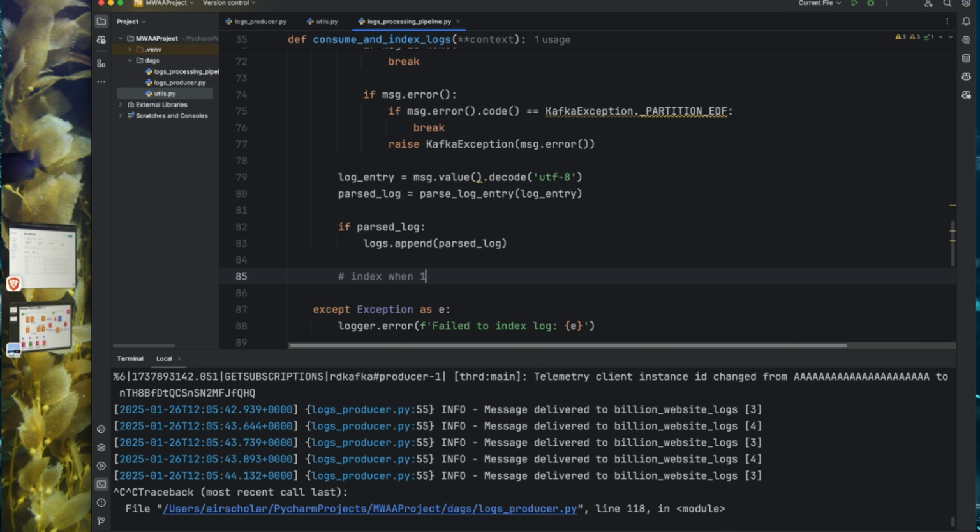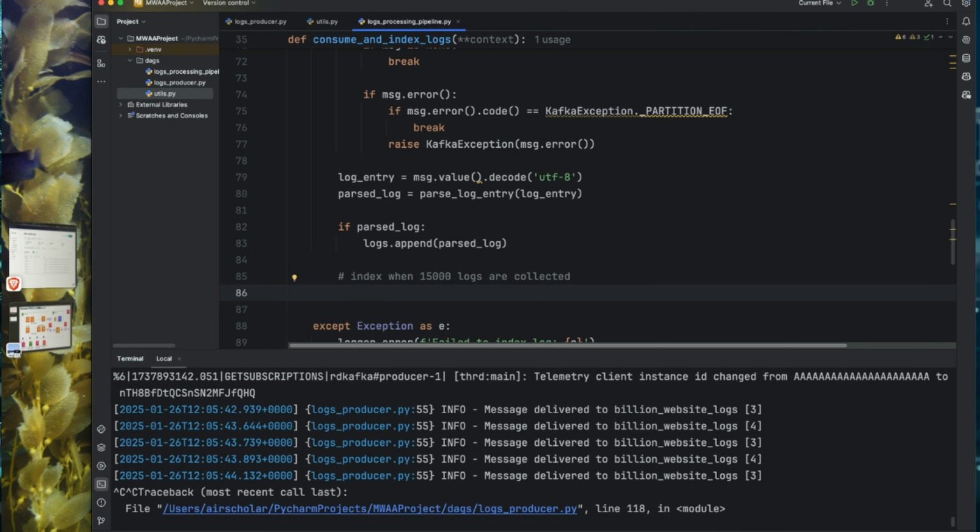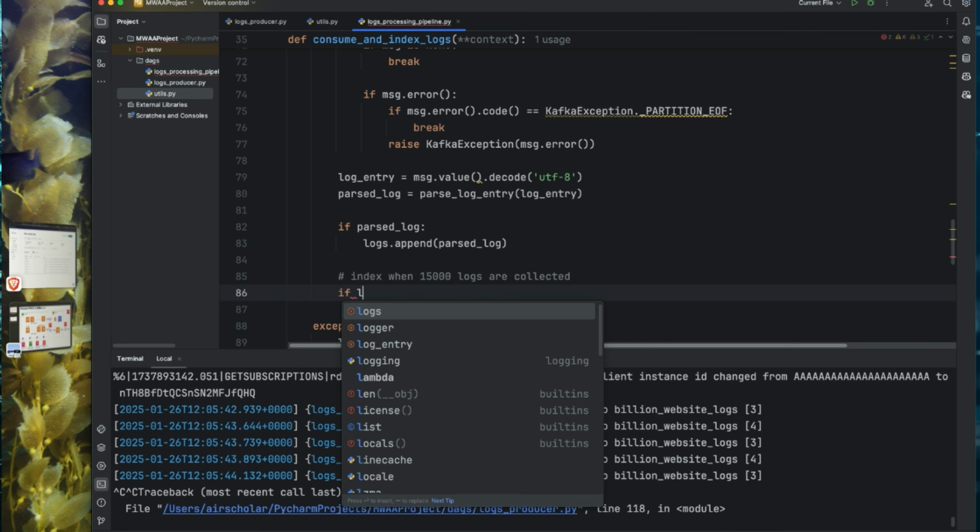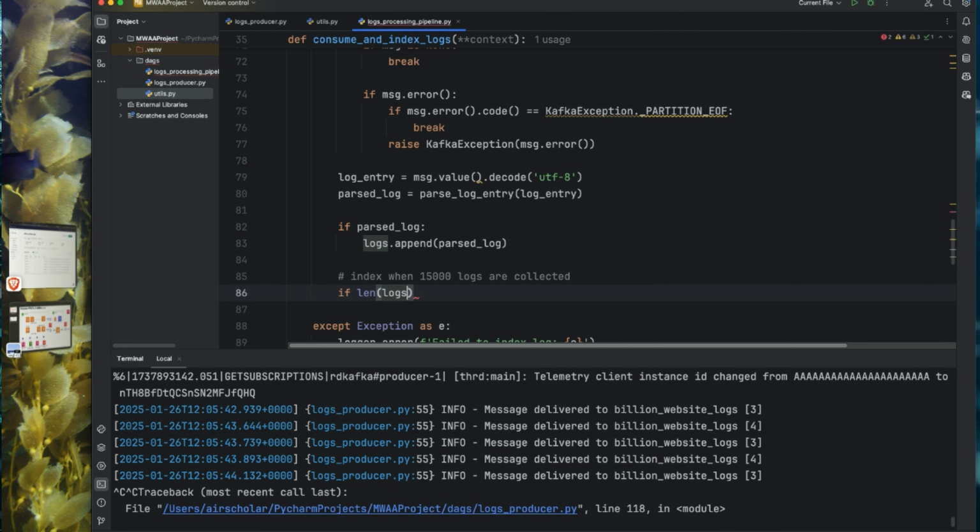Index when 15,000 logs are collected. Yeah. So easily we say if the length of logs is greater than or equal to 15,000 or 150,000,